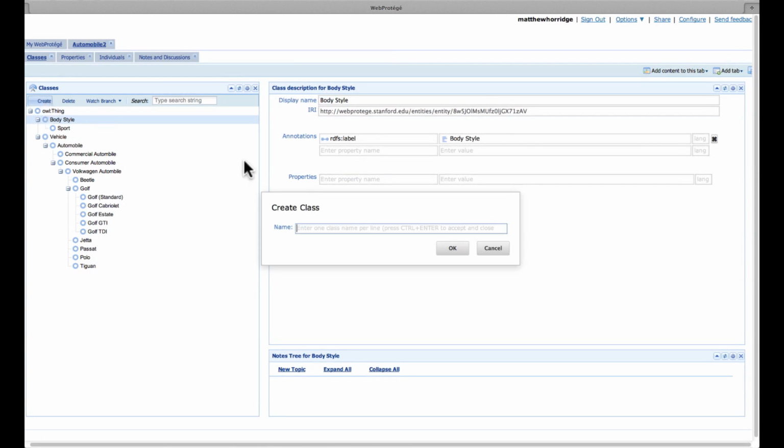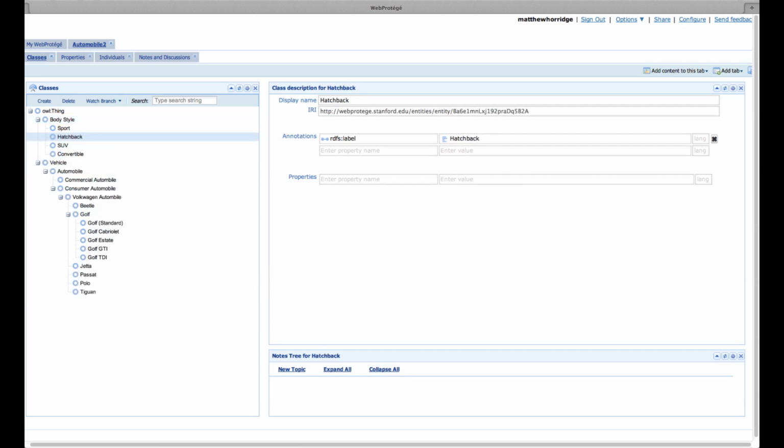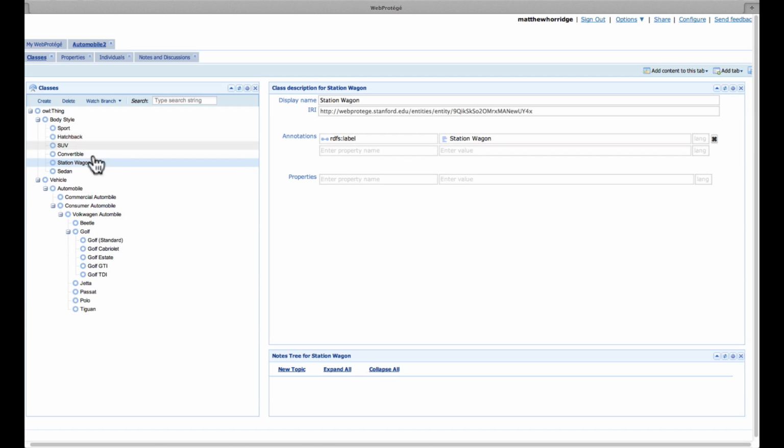I can create a few more of them. What else do we want? Say hatchback, SUV, convertible, sedans, station wagon. We've already got sports. So we've got different kinds of body style, and I might want to specify here that